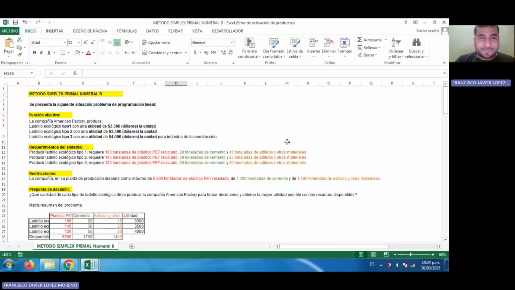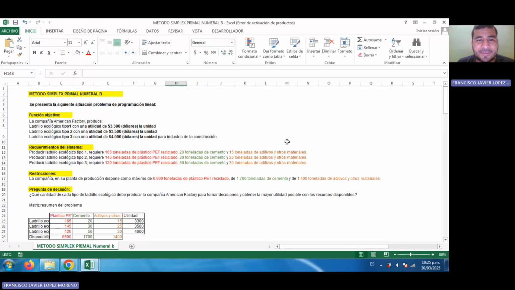On this occasion, I will interpret the results of an exercise I developed using the simplex primal method, which we found in Unit 1, Task 1, Solution of Linear Programming Models for Decision Making. I chose to solve part B of this exercise where we were given an objective function of